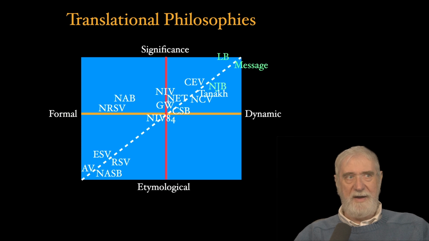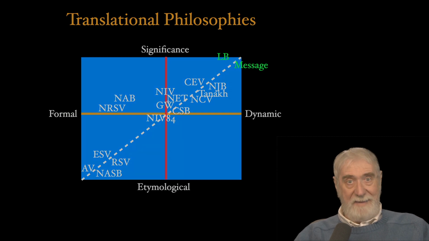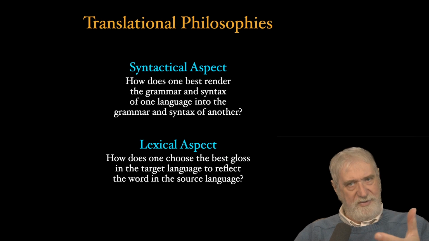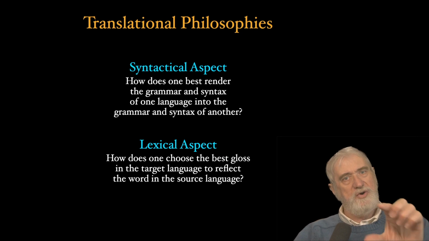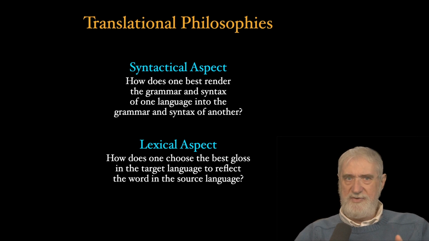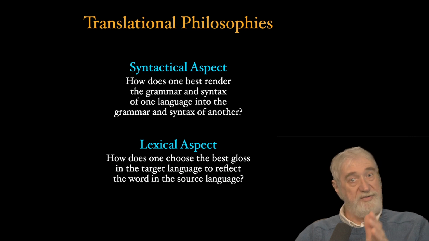And then finally, we get the things that most people would think of as paraphrases, the Living Bible and the Message, which are extremely significance driven in terms of word choice and very dynamic in terms of their choice of phraseology. So you can see how these two factors come together to shape the way that translations approach their task,